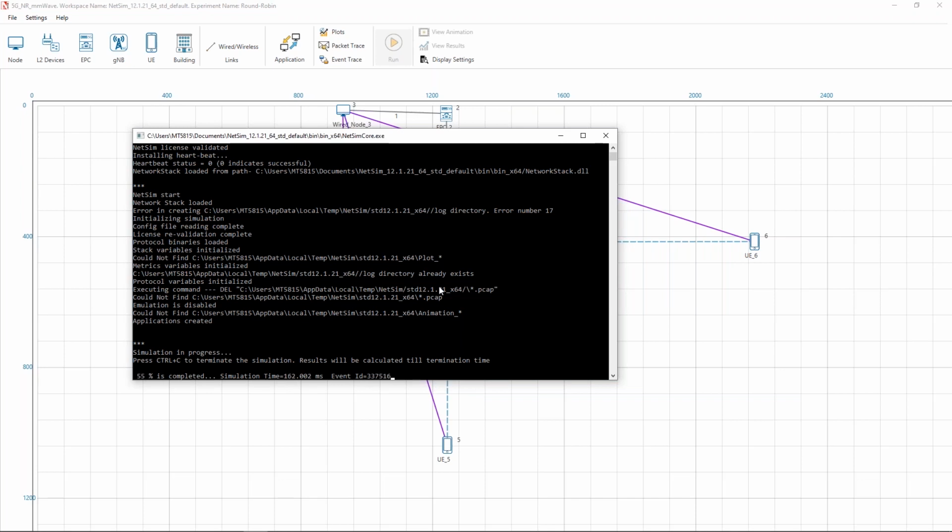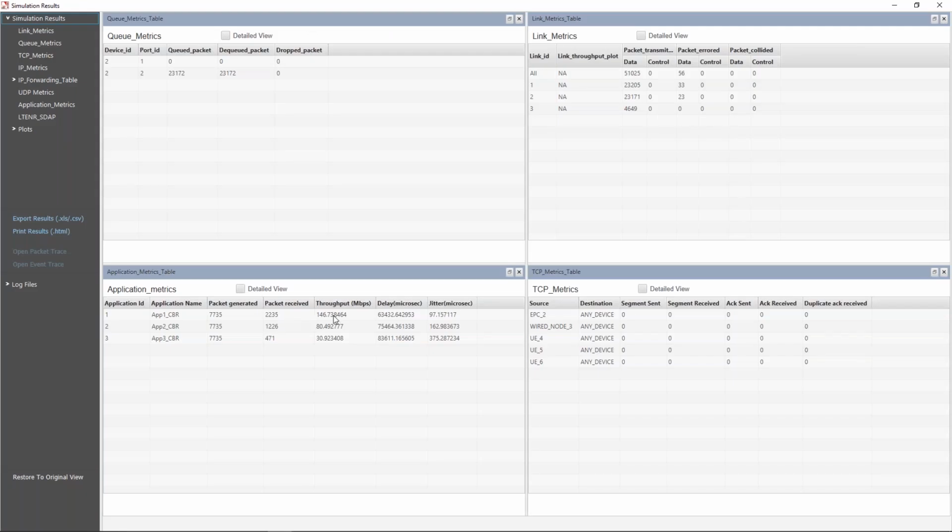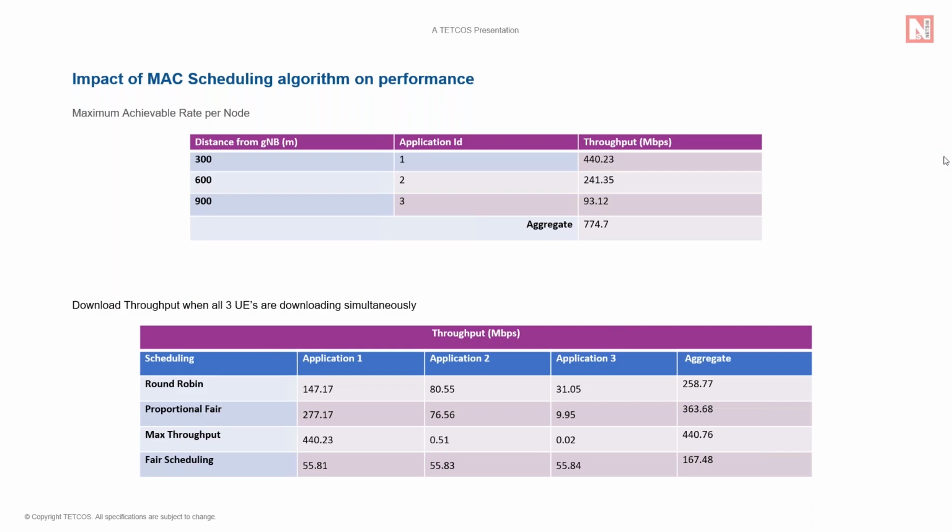So now that we have reached about 55%, we will terminate the simulation to complete this faster. And in the application metrics dashboard, we can see the throughputs obtained for each of the UEs. We'll now go back to the presentation. In a similar way, in the example, simulations are run for all the scheduling algorithms, namely proportional fair, max throughput,